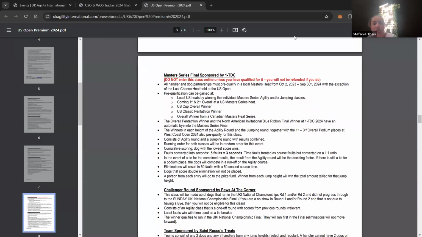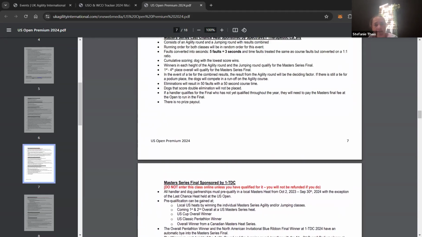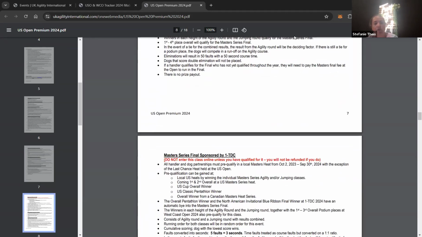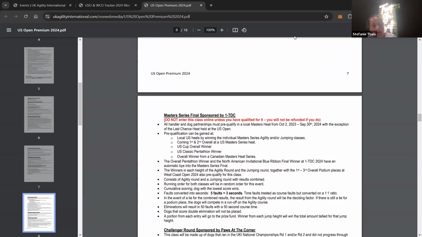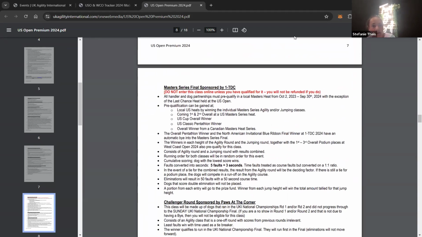Master Series final. So you have to have a bye to be entered into this. So you can either earn it at the event in the last chance, or you have already earned that bye, and then you can enter Master Series final. Master Series final is scored just like a local Master Series. This is time plus faults. And it's cumulative. Everyone gets to run agility and everyone gets to run jumping,